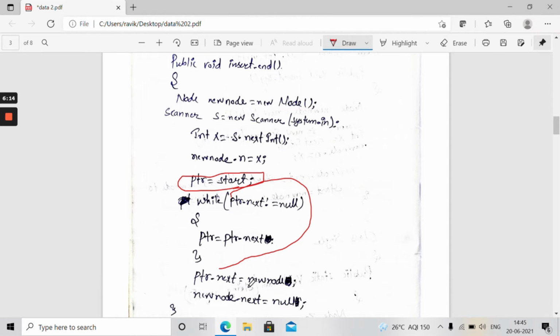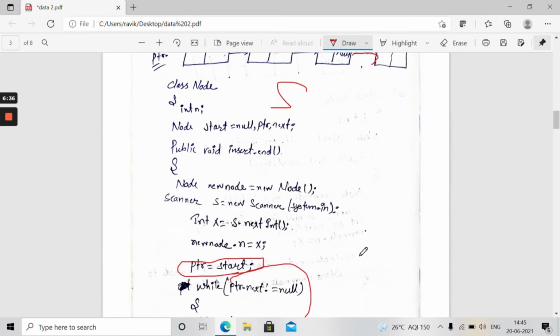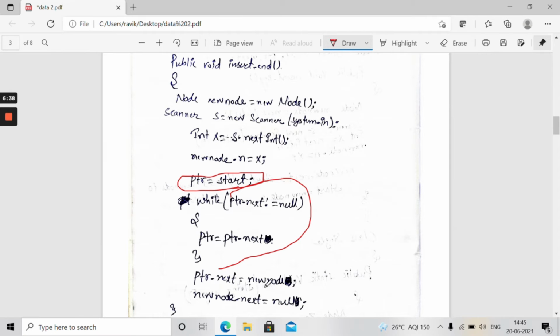ptr.next is equal to newNode. Guys, ptr is coming at that place. After that ptr.next, we have to just connect this new node to ptr. Then ptr.next equal to newNode. Then this is connected. This line shows that the new node is connected to the last node.